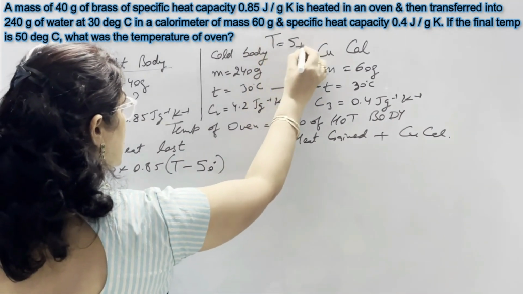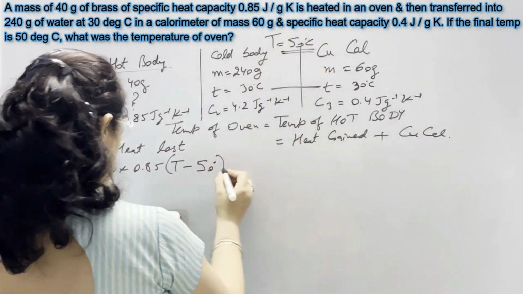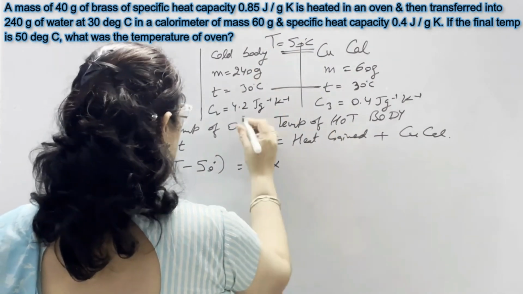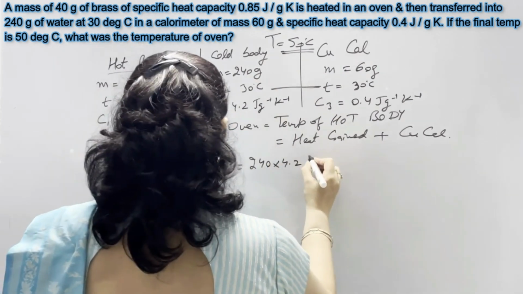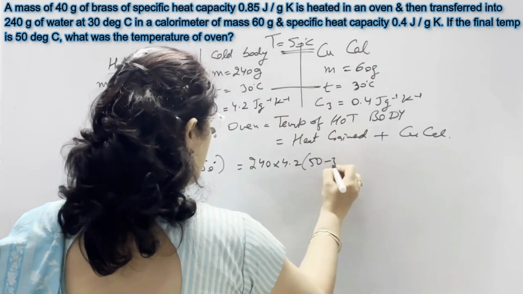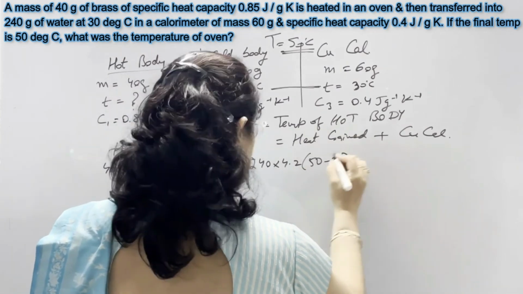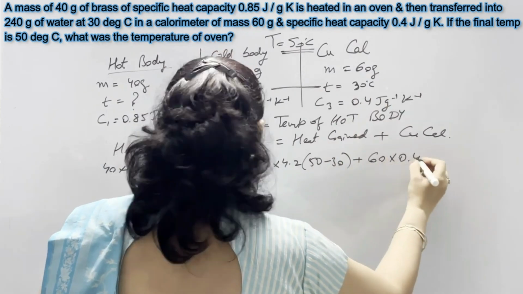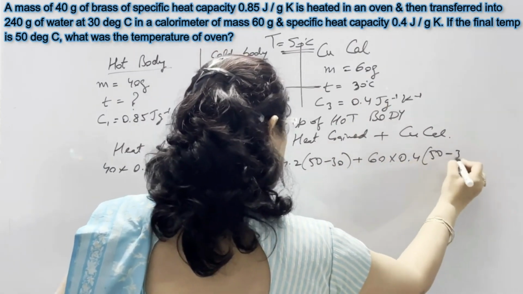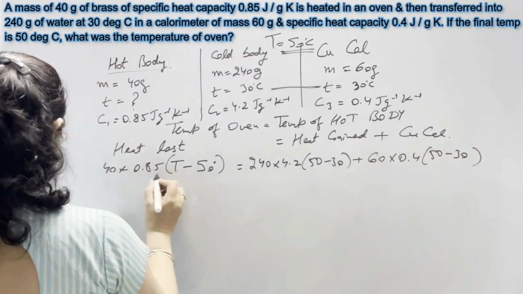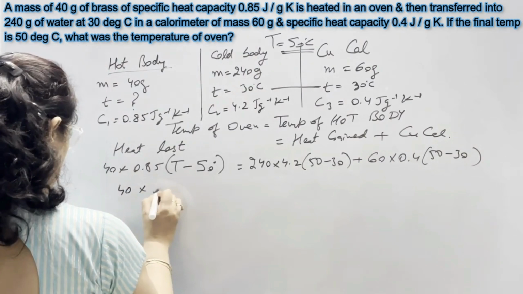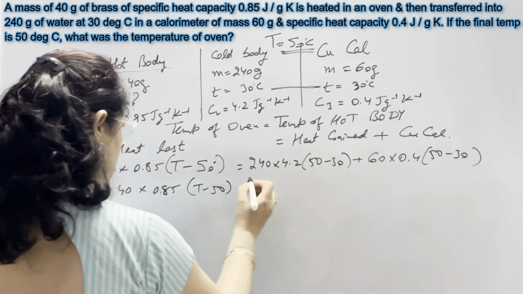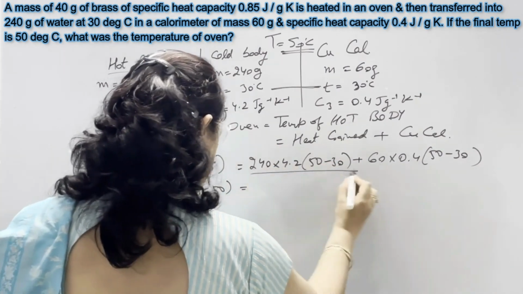This is given, that final temperature is equal to 50 degrees Celsius. So T minus 50 is equal to, for cold body, M is 240, C is 4.2, and temperature is final, means 50 minus 30. And the same temperature will remain in the calorimeter, but mass of calorimeter is 60 and specific heat capacity is 0.4 and temperature same. So now for calculation part, 40 into 0.85 and T minus 50 on LHS, and on right hand side calculation of this is